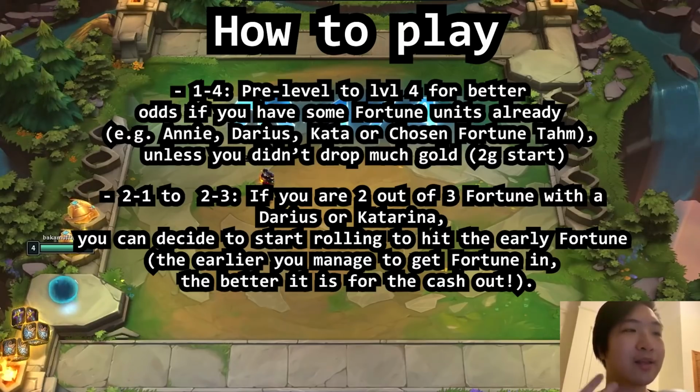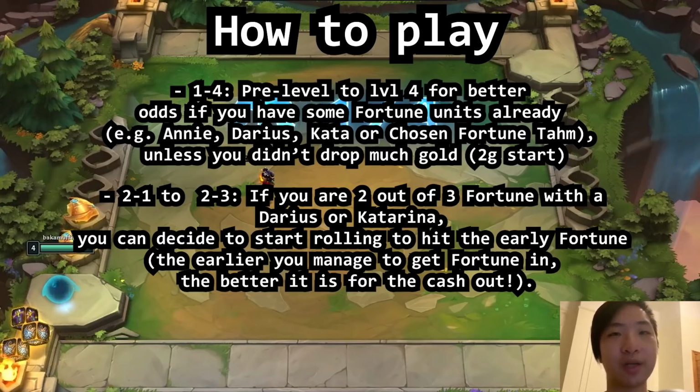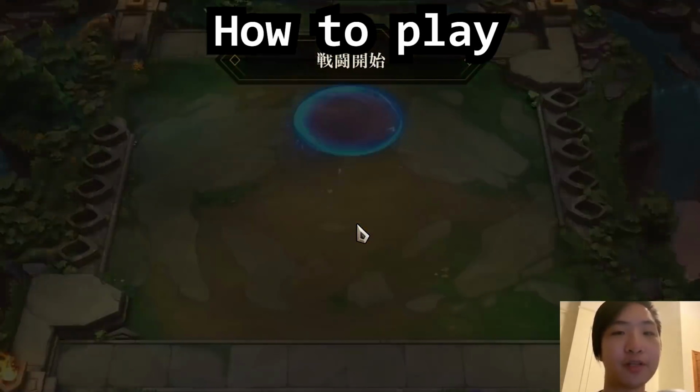But if you are at least 2 out of 3 Fortune with a Darius or a Katarina, you could roll down if you're only looking for Annie or Tom Kench to get a very early Fortune. If you do end up doing this, you can get a huge Fortune streak and pretty much guarantee first in a lot of cases. So no matter what you decided to do during the early parts of stage 2,